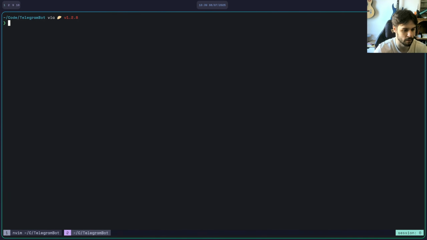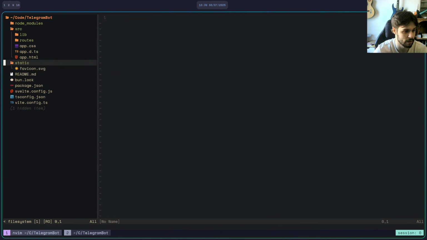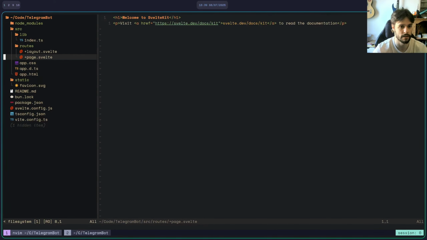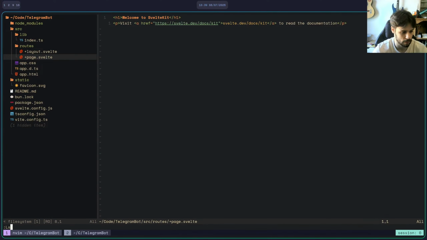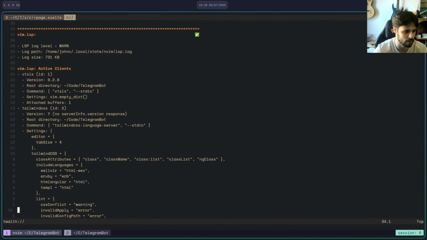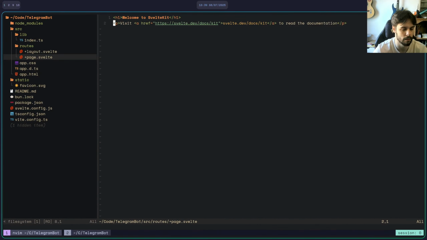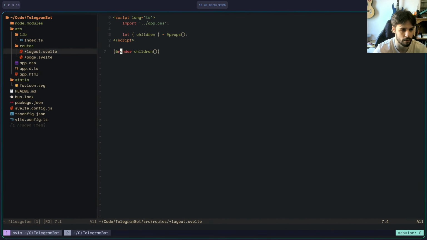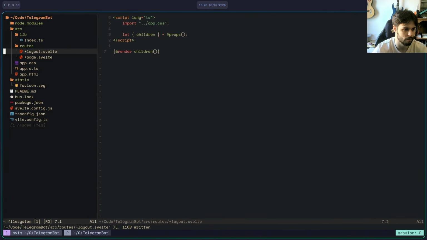We can get started. Now, I don't know how to use the AI SDK at all. So here are my routes, there's the layouts. Okay, so do I have SvelteKit installed here? Wait, do I? If I do, I should be able to go like, I don't know, if I do like, we'll see.